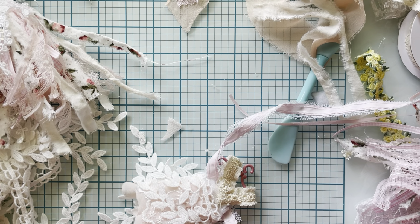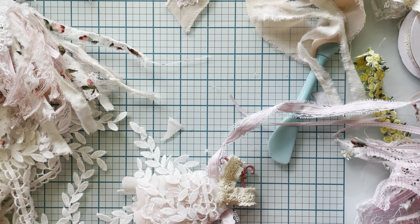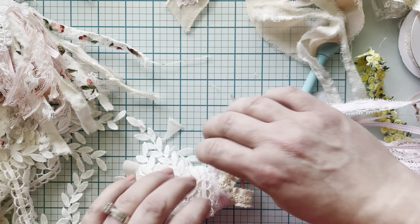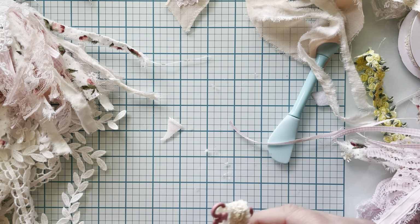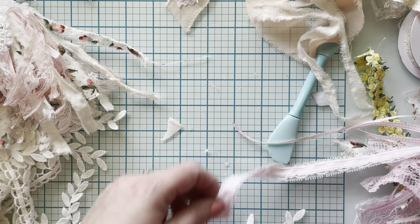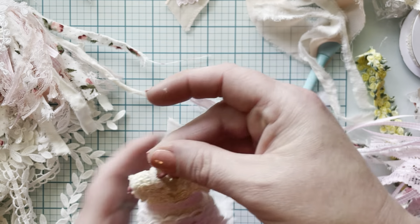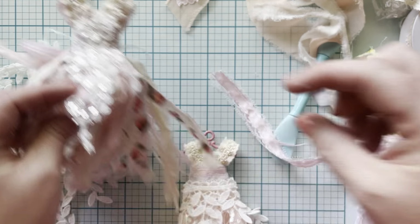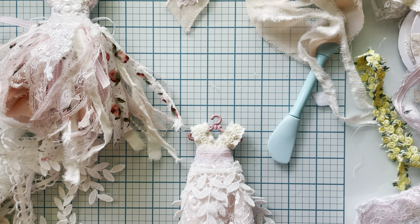Okay. But of course, if you cut your felt pattern right, you're gonna get a really nice bodice. So as long as you don't mess it up like I did, your bodice is going to be bigger right here, so you're going to have more to work with on the bodice piece. See how I have a waist, I was able to do all that. On this piece, she's just not giving what she's supposed to have gave. But anyway,